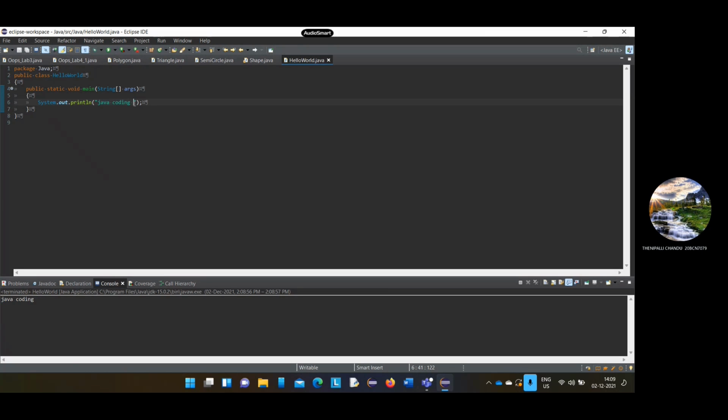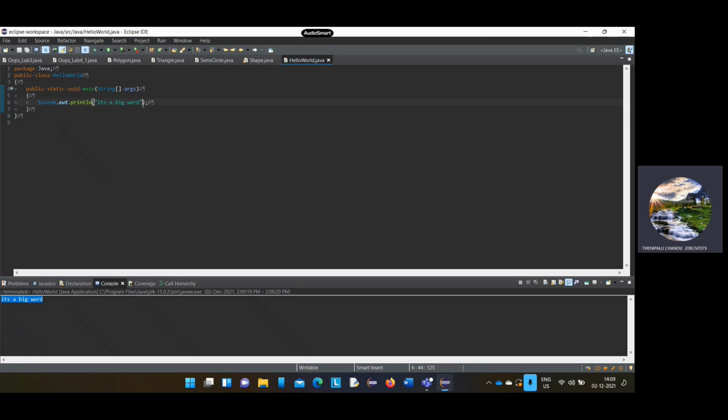Okay, let's try another one: It's a big word. Now we can see the output. It's a big word, it's printed. So finally we got the point: whatever you want to print, we have to give that word in double quotes only.